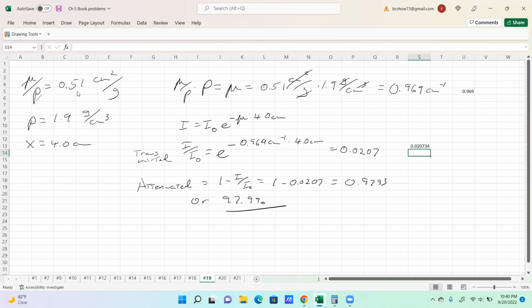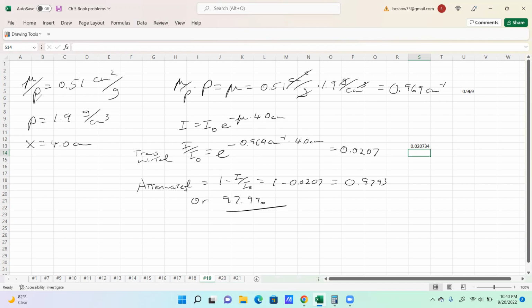If we take the mass attenuation coefficient multiplied by the density, we come up with just the linear attenuation coefficient, which is what I've done here. So I come up with 0.969 per cm, I'll put it that way. I can then use the intensity equation and fill in what I know. I know that this is going through a 4 cm slab, so I can put that in there. I can also now put in the linear attenuation coefficient, and I can get the amount that's transmitted, which is